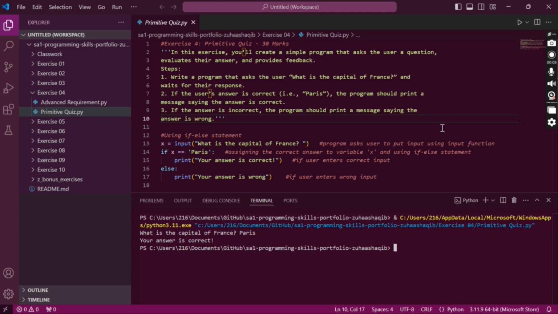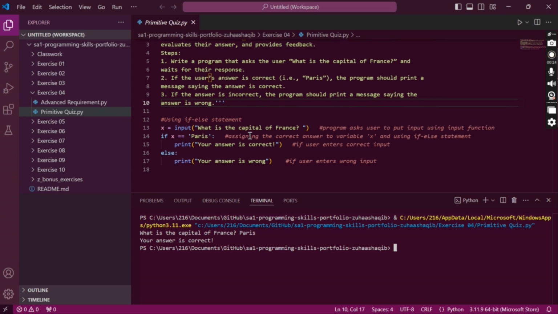In exercise 4, I used the if-else statement to create a simple program that asks the user a question and gives feedback. First, I created a variable named x and used the input function so that the user can enter the input. Then I assigned the correct answer by using the assignment operator and used the if-else